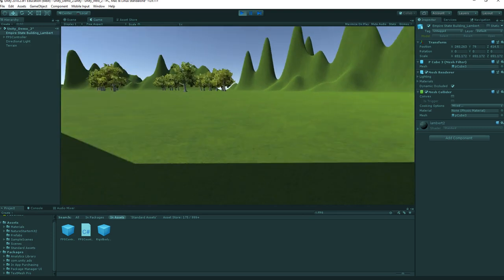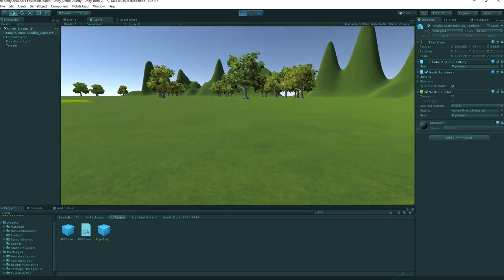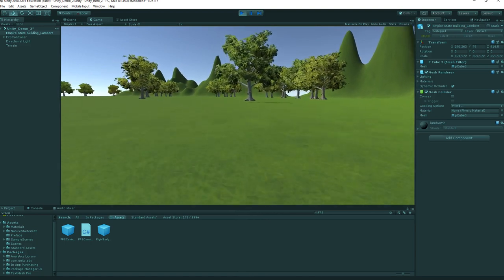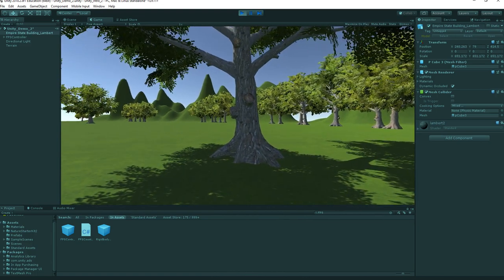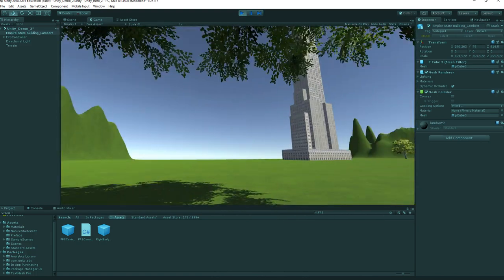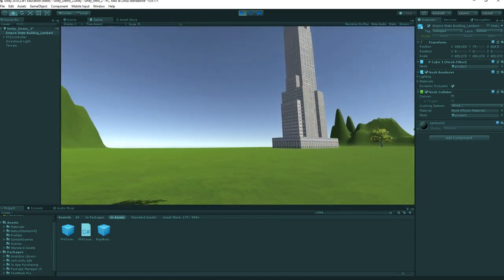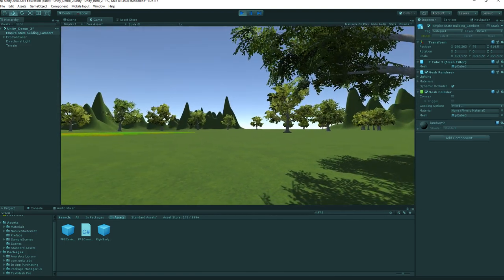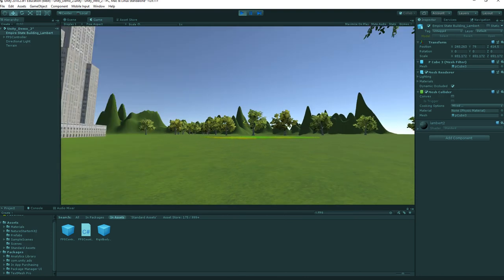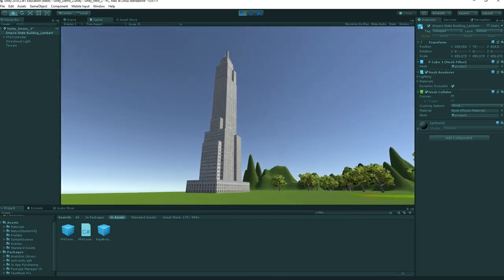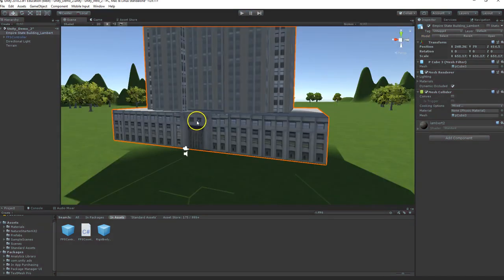But let me see what my scale is in comparison to the trees, and that'll kind of give me a feeling if my character is about the right size. Alright, that's not bad. So the building needs to get a little bit bigger, and you can kind of see that it is much taller than all the mountains around it. And this is going to be more of an island type size of scene based off of character size and the size of the building. So now I'm going to stop that,